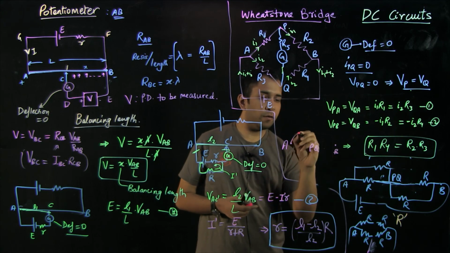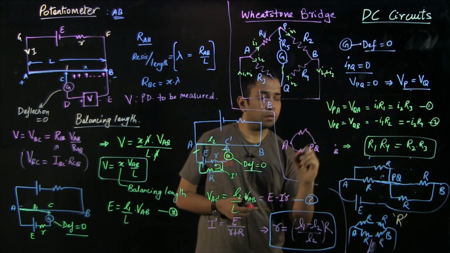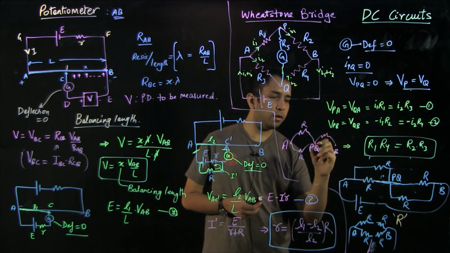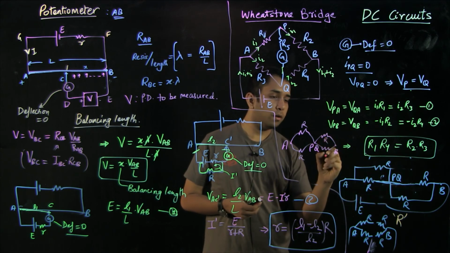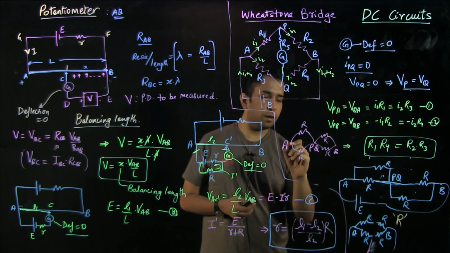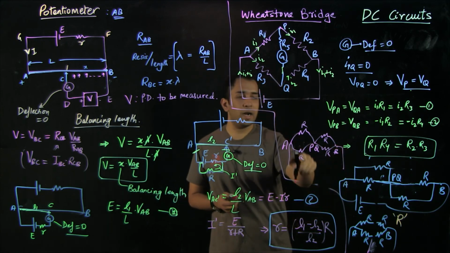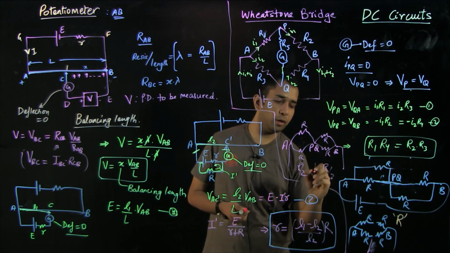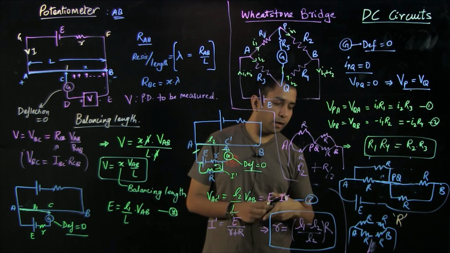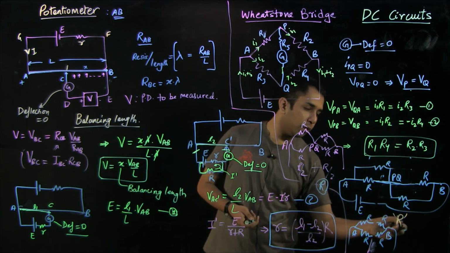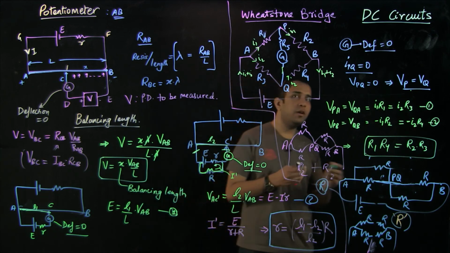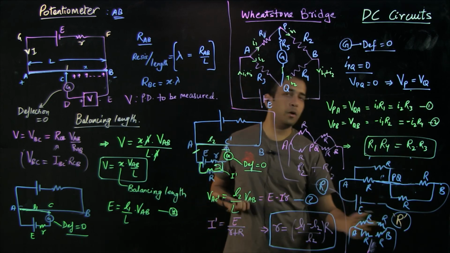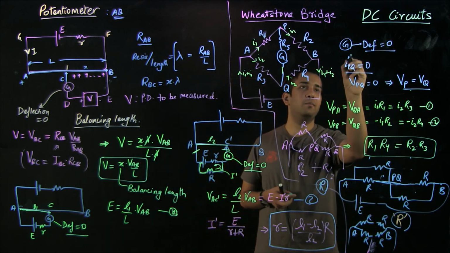Between A and PQ we have two resistors, both of R, in parallel. Between PQ and B we have two resistors which are R each, in parallel, and the rest of the circuit after that. So R and R in parallel is R by 2. This is also R by 2, because two are in parallel and these two sections are in series. So this gives us the net equivalent resistance of R. You can see that whether we removed PQ or joined the points P and Q, we still get the same resistance R, because it does not matter as long as it satisfies both the conditions.